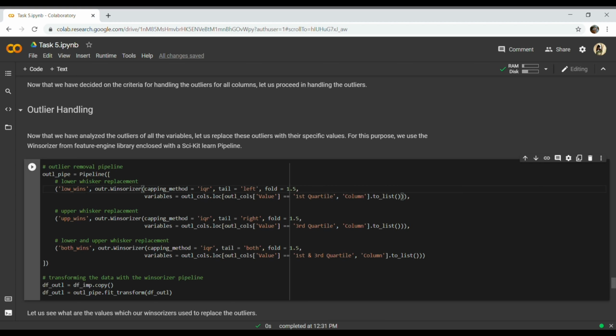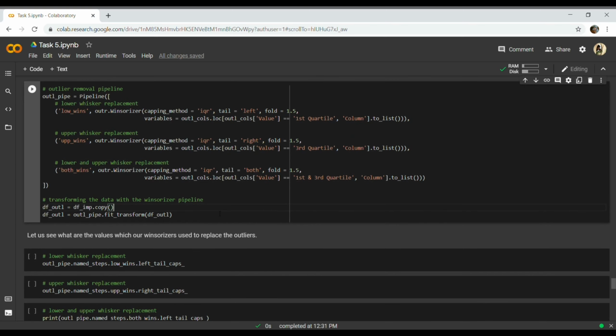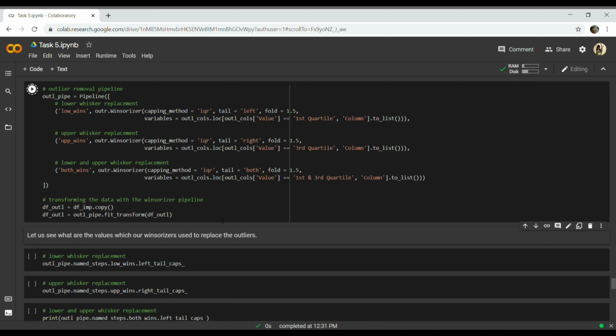And here the same one, capping method is IQR, tail is right. Right means the upper whisker. That means we need to replace with the third quartile value. Third quartile value are the ones with the most, and lower and upper whisker, both of them. Tail equal to both. So after transforming the data,